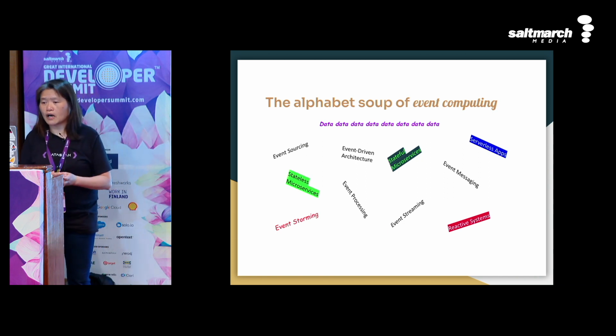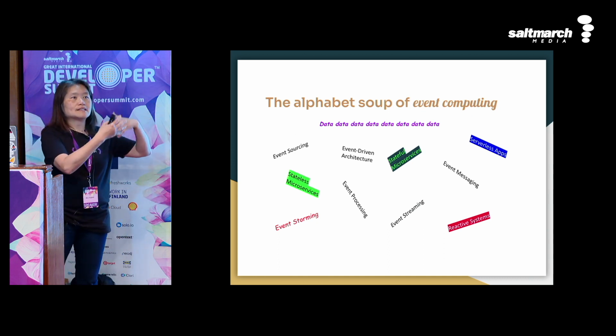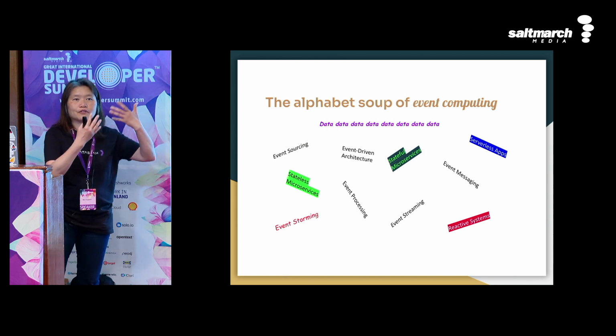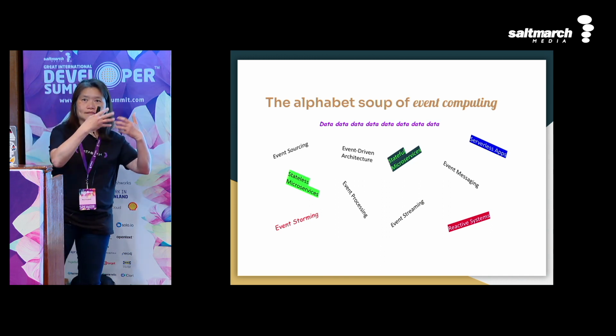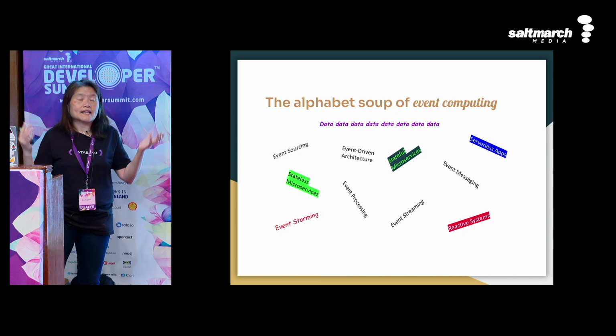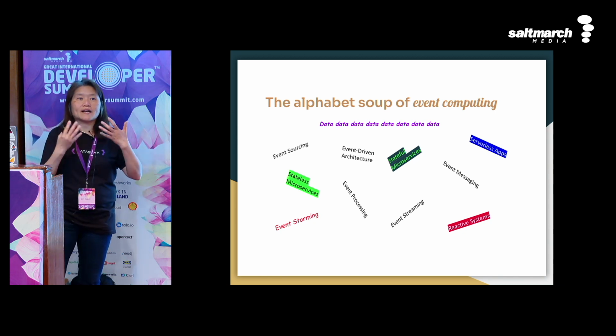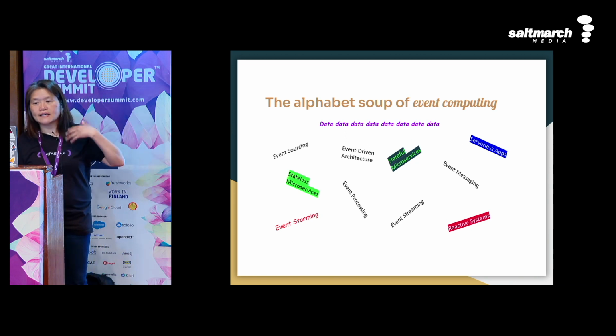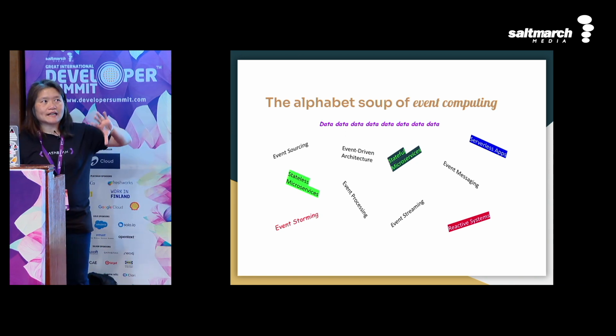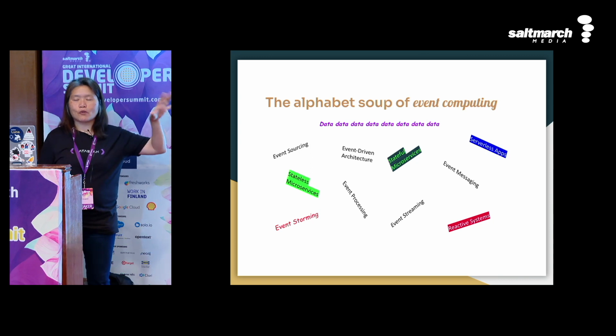All of these terminologies we're hearing about today: there's event-driven architecture, and today we're going to talk about event streaming, event messaging, event processing. Then there's also event sourcing, which is a technique that we use, a very efficient way of dealing with data that's happening. And they can happen at different times too, and that's why it's hard to do tracking and debugging, that type of stuff. So event sourcing, I won't go into detail now, but I'll talk more later.